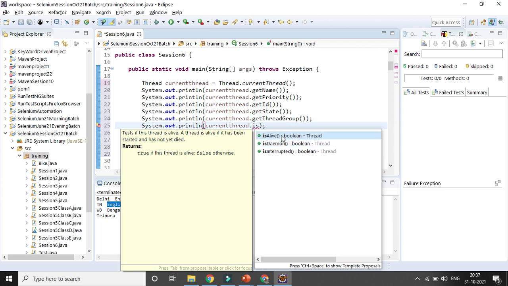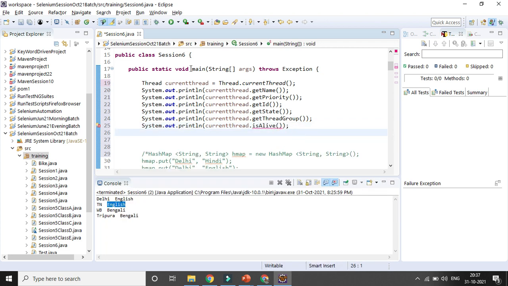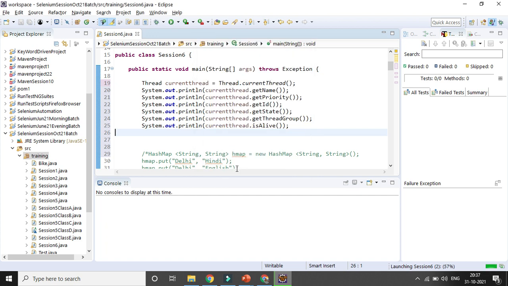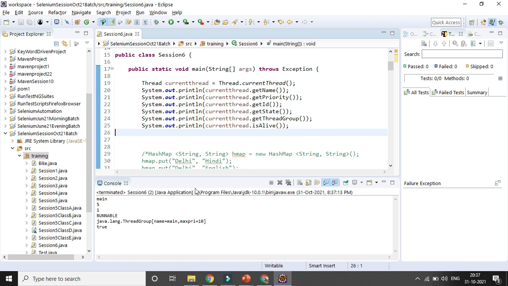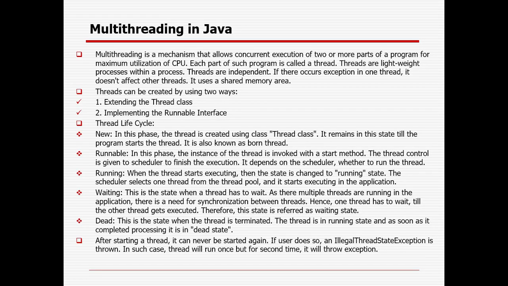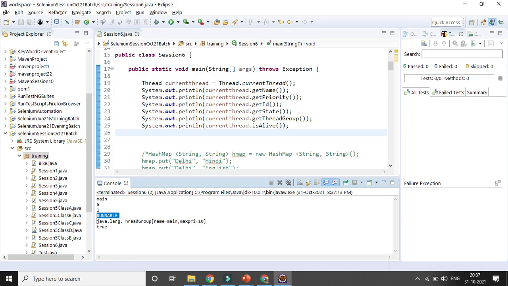You can see the name of the thread is main, priority is 5, right? ID is 1, state is runnable, right? Because of the life cycle, it is runnable, from new to runnable to running, just about to start because no other task is running. So how does priority get defined here? It is taking the default one, because it is the main thread.